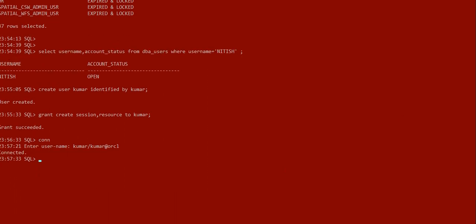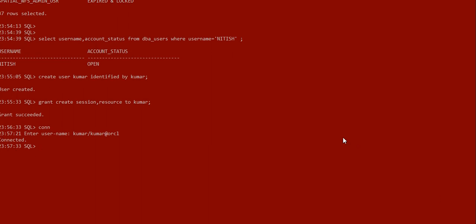We can easily check that with the command show user. You can see that the user is Kumar. Now if we want to get out of that user, we need to log in to another user. I am logging in to the sys user here.